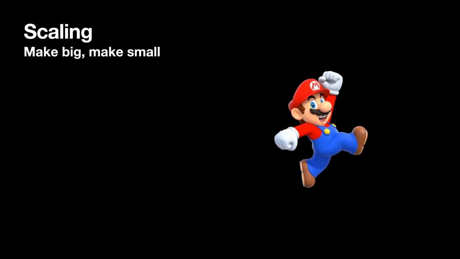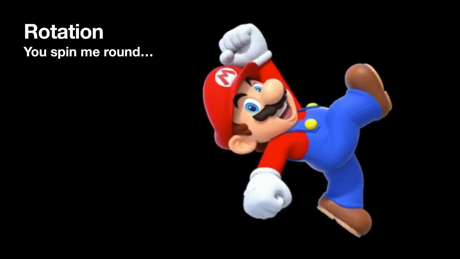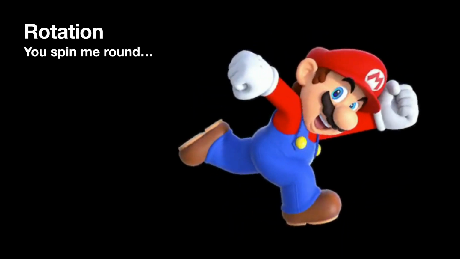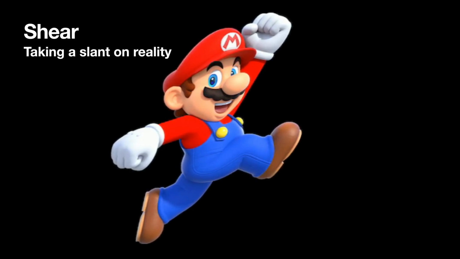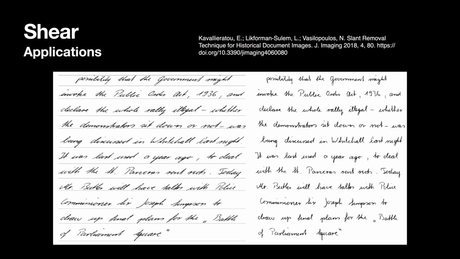The final thing we have to cover is transformations. Some of these will be familiar to you from school. You've got scaling, which is making things bigger and smaller. You've got rotation, spinning things around. And shearing. Now, you may wonder what the application of shearing is. Well, it's often used when processing handwriting prior to trying to extract individual characters or words. You can see here on the left we've got very slanty handwriting, and on the right we have a corrected